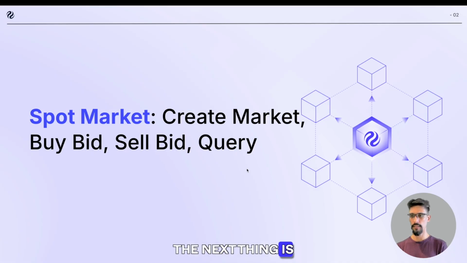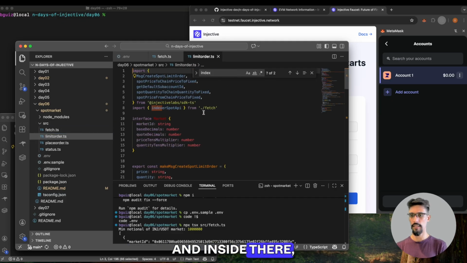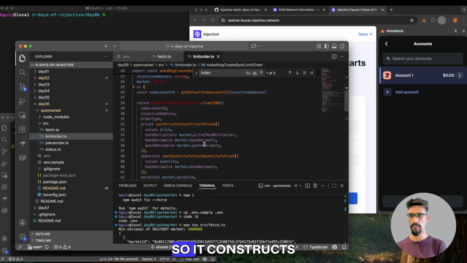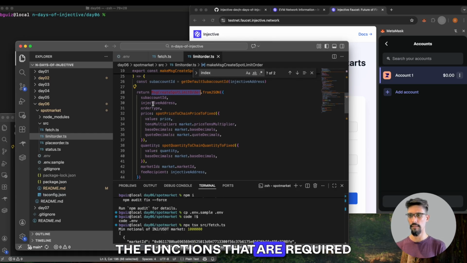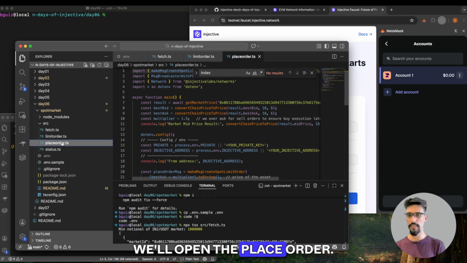The next thing is the spot limit orders, right? So we're going to create the limit order message. Inside the src folder, the source folder, press the limit order button. And inside there, we can see makeMsgCreateSpotLimitOrder. So it constructs the order like so. And basically this handles all of the functions that are required to create the order, right? And then let's construct the actual limit order. So to do that, we'll open the place order